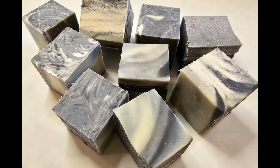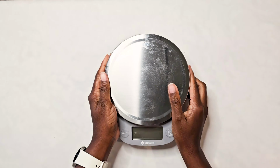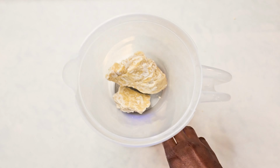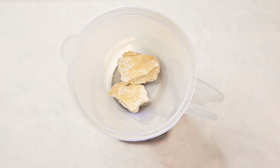Hi everyone, welcome back. Today I'll be showing you how to make this really nice charcoal and oatmeal soap. So first off, as usual, I will start by measuring out my hard oils. Then I'll go ahead and melt that. Now in hindsight, I'll let you know up front, I actually wish I did the heat transfer method, and you're